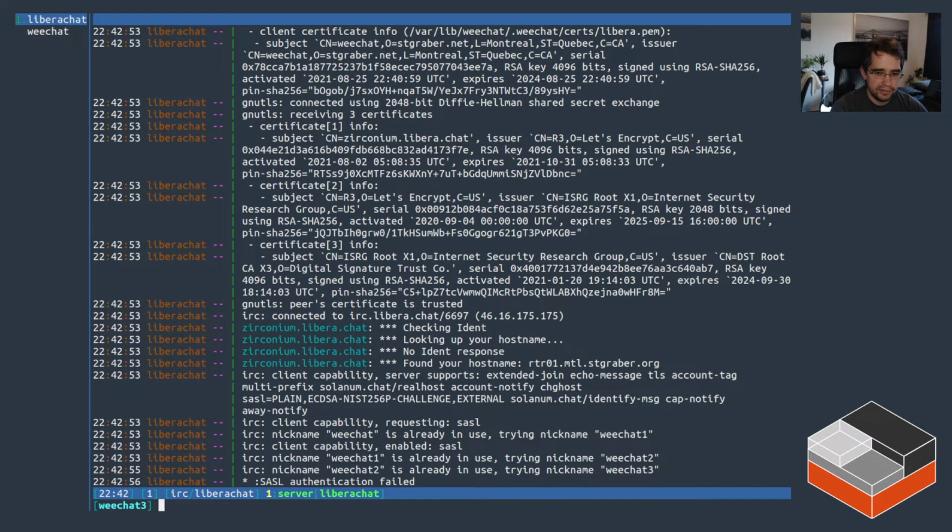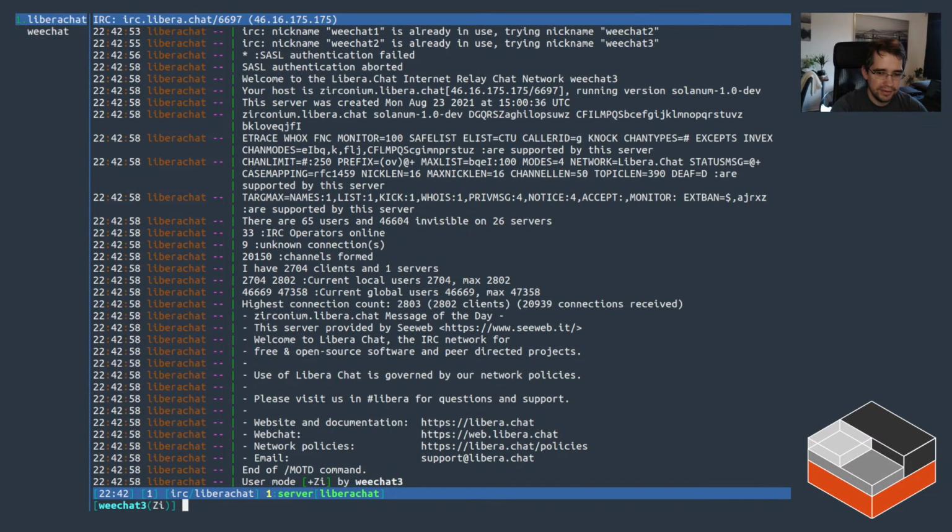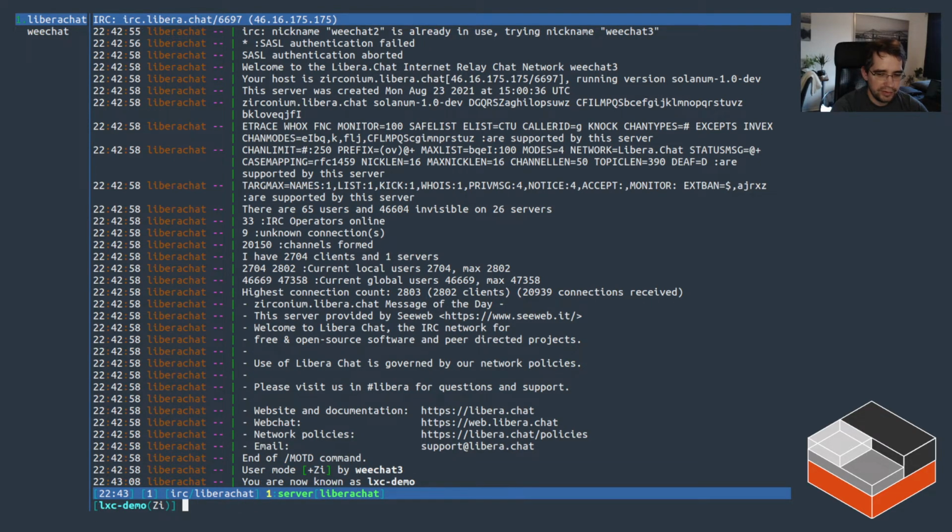And it says that the Weechat nickname is already taken, so we actually end up with Weechat 3 in this case. But we can then rename ourselves to whatever we want. In this case, let's call it Lexi Demo. So now I'm known as Lexi Demo on that chat server. And to avoid people stealing your nickname, you need to register it. So you do that by sending a message to the NickServ server with the command register